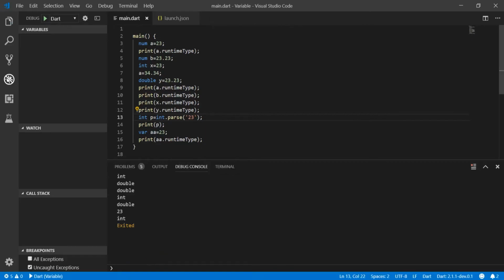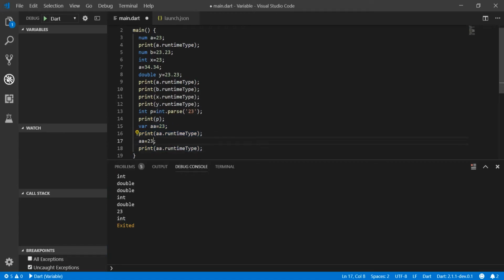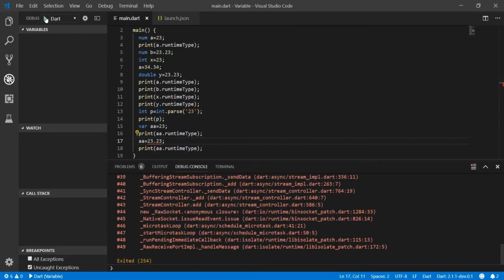Now this 23 got recognized as int and we can't assign a double value to it because once I assign a value to a var, that type got fixed to this var variable. Whereas in case of num, we can initialize with the int and then we can assign a double and it just works fine.